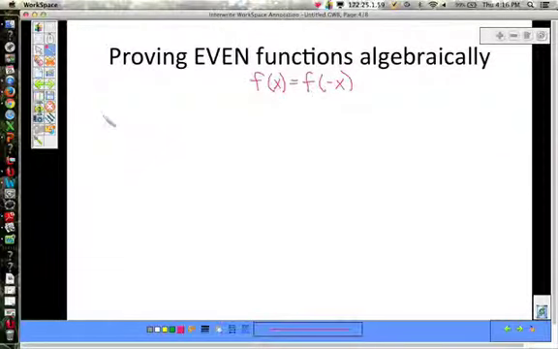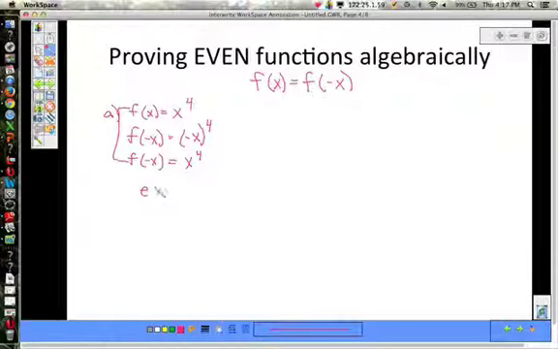So let's take a look at a couple of these and proving them algebraically. Our letter A, we had f of x equals x to the power of 4. Well, if we plug in a negative x, f of negative x, we'd have negative x to the power of 4, but we know anything to the power of 4 is going to be positive, so that negative, we could say it's the same as x to the 4th. So now we can see here, f of negative x, these two are the exact same,